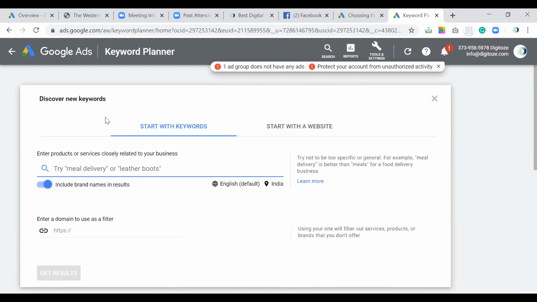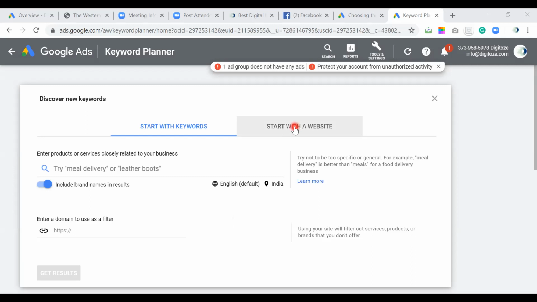So I'm going to explore the new keyword option. In this you get an option: start with a keyword or start with a website. If you are aware of some keywords, you can go with keywords. If not, then we can start with a website.